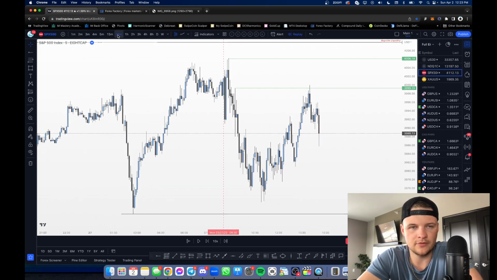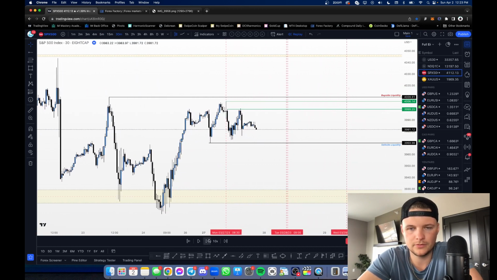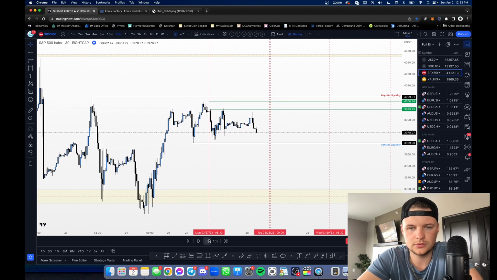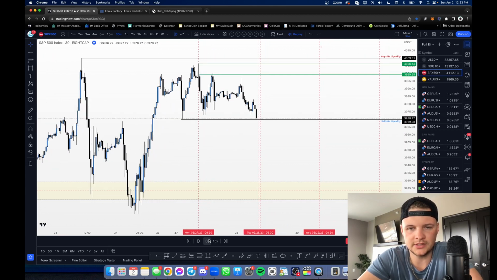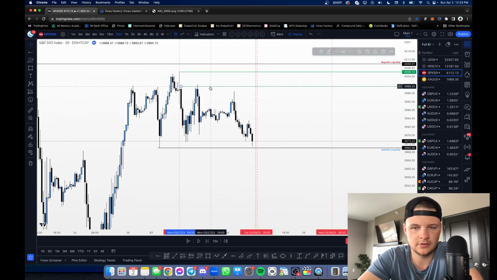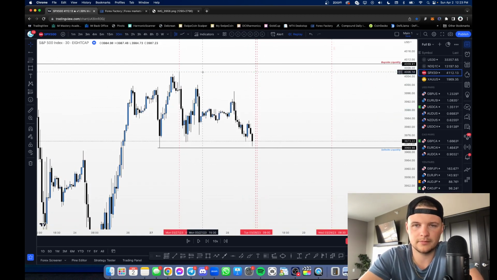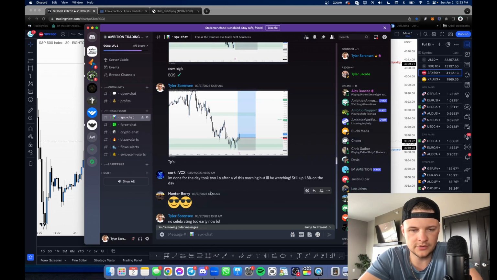All right, let's go ahead and jump over to Tuesday. So we got two lines here on Tuesday. Basically all that means is we waited for news. And notice that the 409 buy side still hasn't been hit yet. We have sell side right here. Let's fast forward to Tuesday in the Discord.